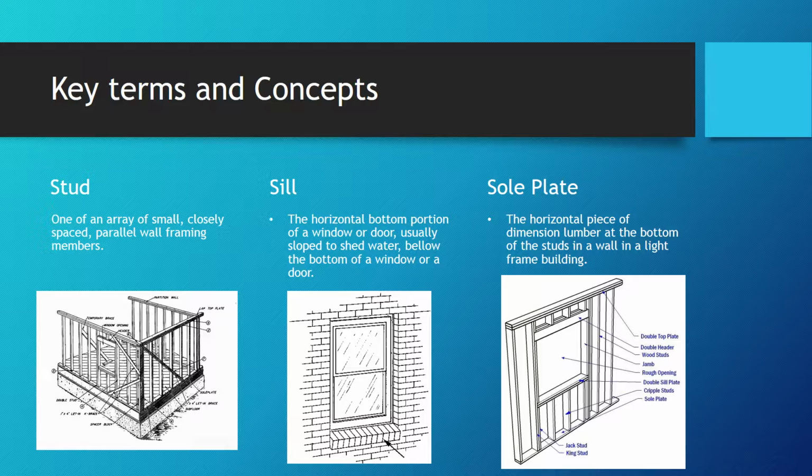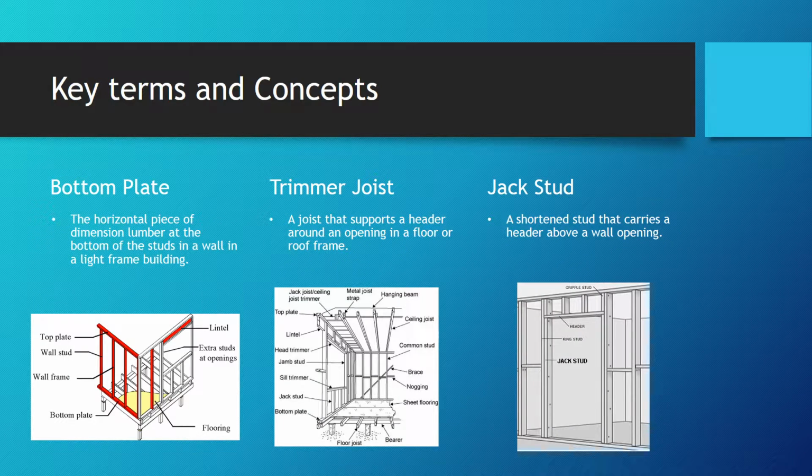And then a sole plate, a horizontal piece of dimension lumber at the bottom of the studs in a wall in a light frame building. And then more key terms and concepts. Bottom plate, a horizontal piece of dimension lumber at the bottom of the studs in a wall in a light